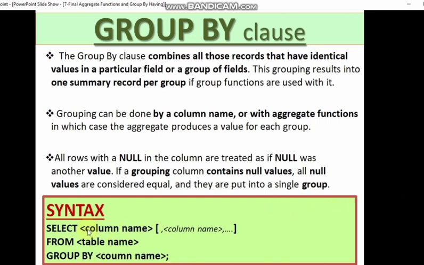Now the syntax is select, from, group by. Suppose you have order by also. Remember, the order by clause is given at the last, after group by and everything else. Suppose in one single query you have a select clause, then group by, order by, and where also. So it will be like select, from, where, group by, order by.